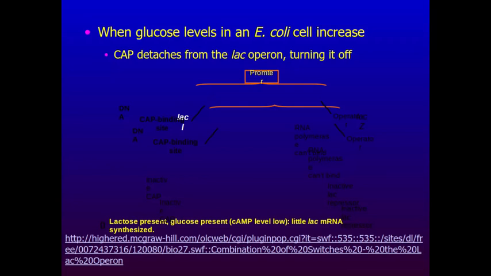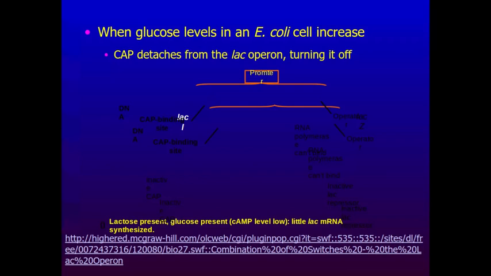It doesn't have that little molecule, which is cyclic AMP. It's not bound to it, so it's not bound to the promoter region. If it's not bound to the promoter region, RNA polymerase will not bind. It just won't. Even though there's nothing blocking transcription here, because this protein is missing, it will